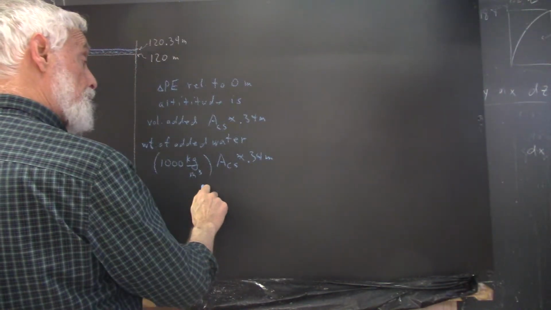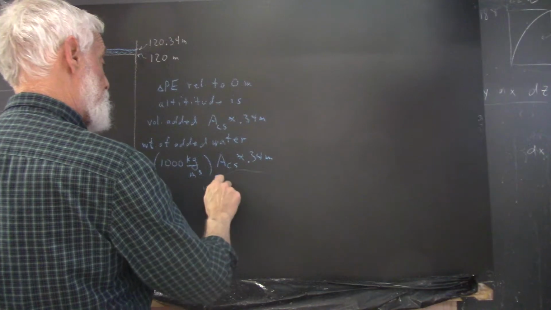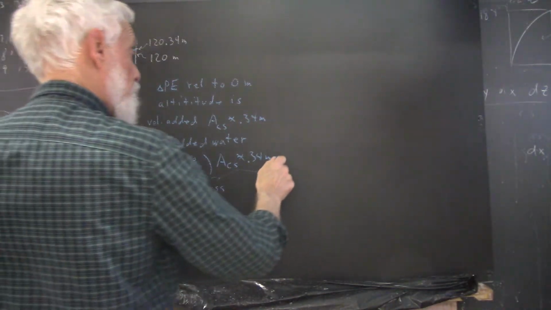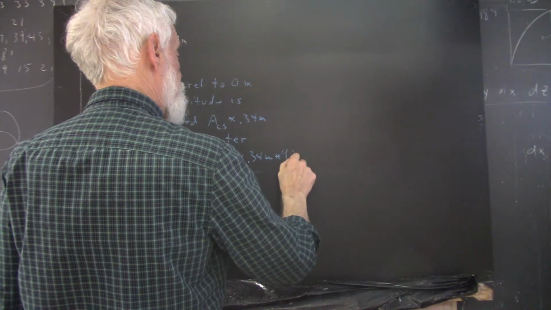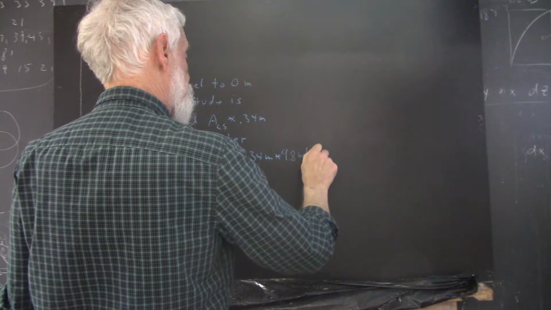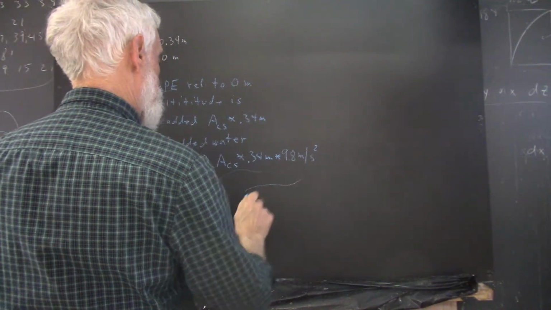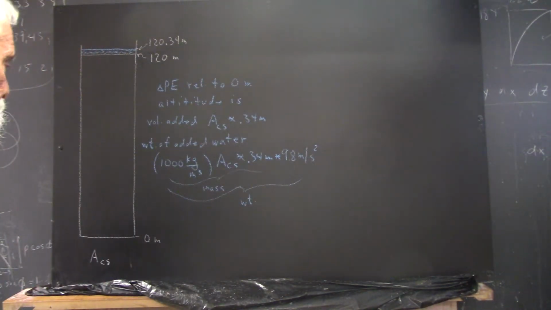That's the mass of the added water, because we've multiplied the density by the volume. And then we multiply that times 9.8 meters per second squared to get the weight of the added water. Okay, then